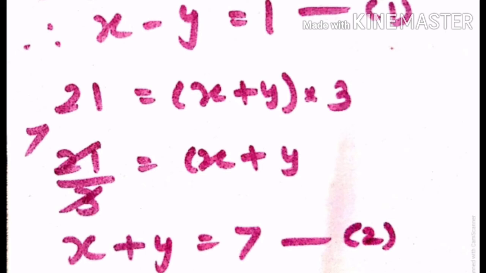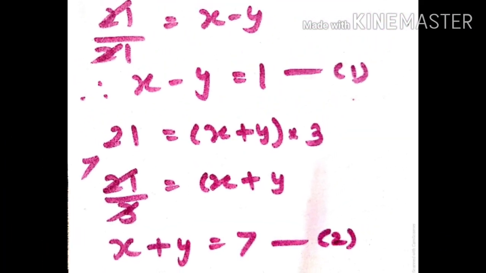This way you get two equations, students, equation 1 and equation 2. And you have to solve these two equations, x minus y is equal to 1 and x plus y is equal to 7, by the elimination method to get your x and y values. And ultimately you will get the speed of Satish and the speed of Ashok by finding the x and y values. Now let us see our next question, that is question number 31.